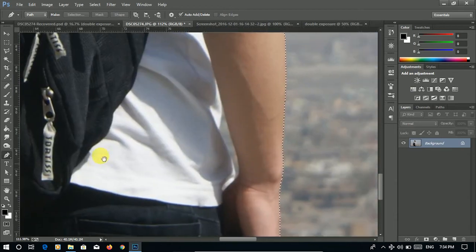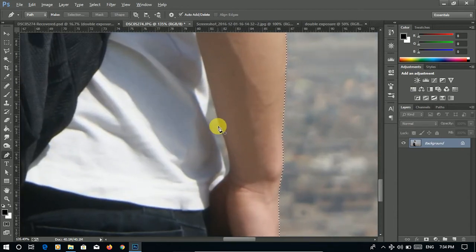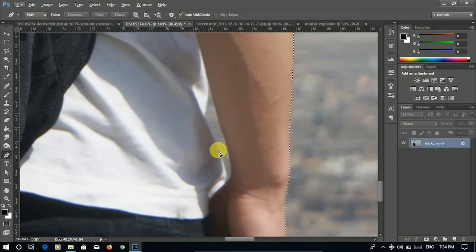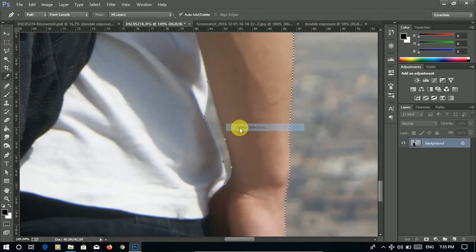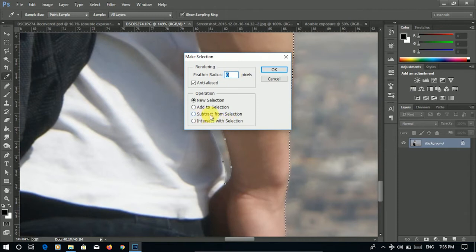selected, but I don't want these parts to be selected. So what I will do is create another path like this. So now as we are done, I will right click, make another selection. I will subtract this selection from the previous selection I did before. I will choose subtract from selection with 0% feather, press OK,